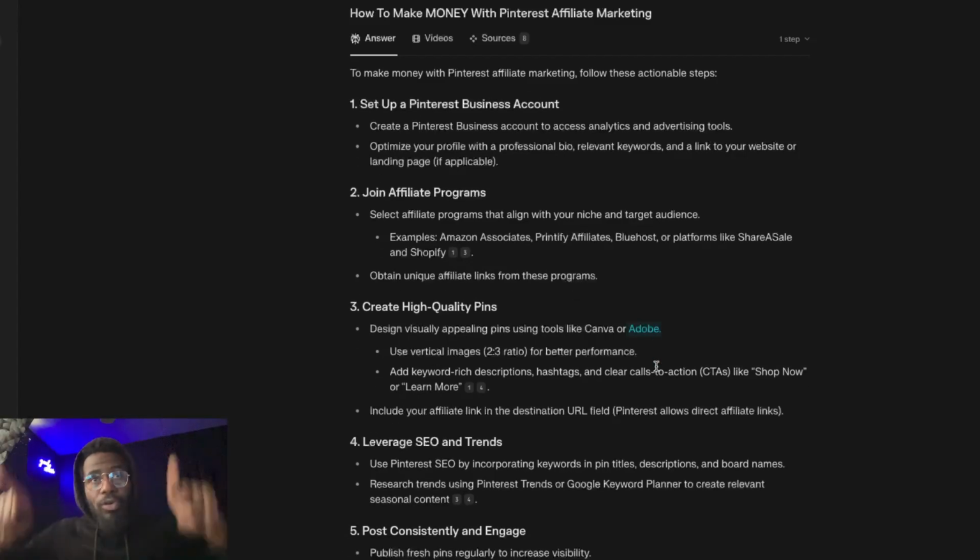They have to be vertical, just like an Instagram reel type of ratio. But here, as you can see, it's a 2:3 ratio. But there's different pin sizes. Facebook has pictures, Instagram has pictures, but Pinterest has pins. And the pins could be different sizes. I hope I'm making sense. It doesn't have to be one size.